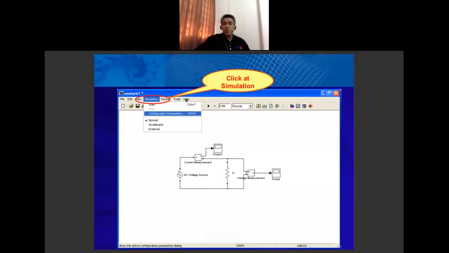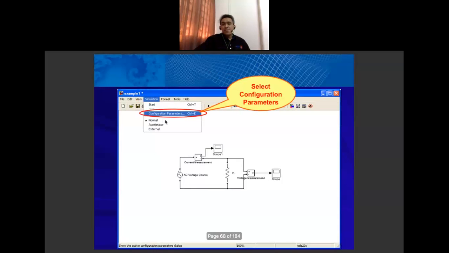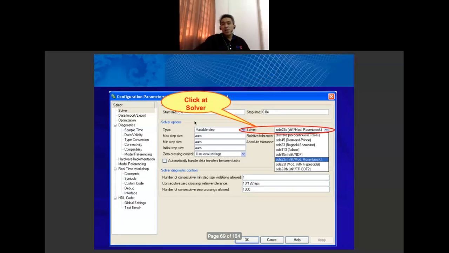Now click at simulation and select configuration parameters. Once you select configuration parameters, this dialog box will appear. We have to set the solver.